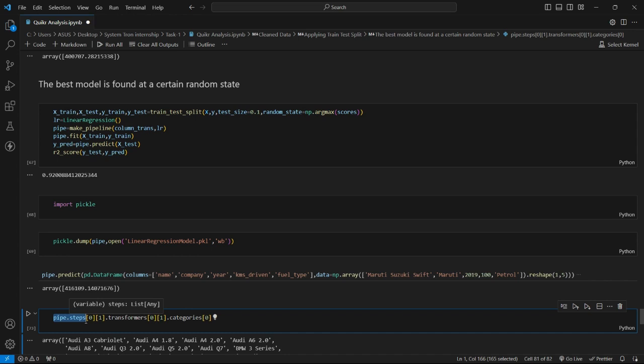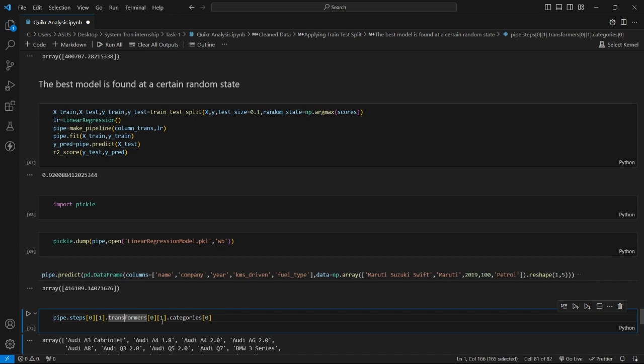In this case, the first step corresponds to the pre-processing step. This 0 and 1 value further drills down to the transformer step within the pre-processing. Then .transformers_[0][1],